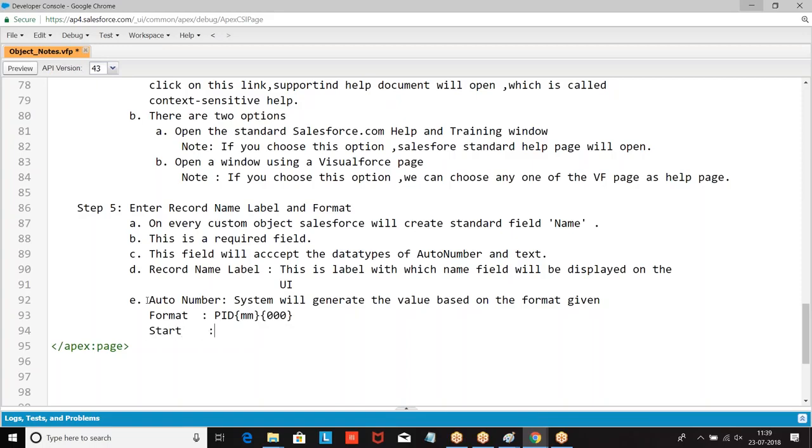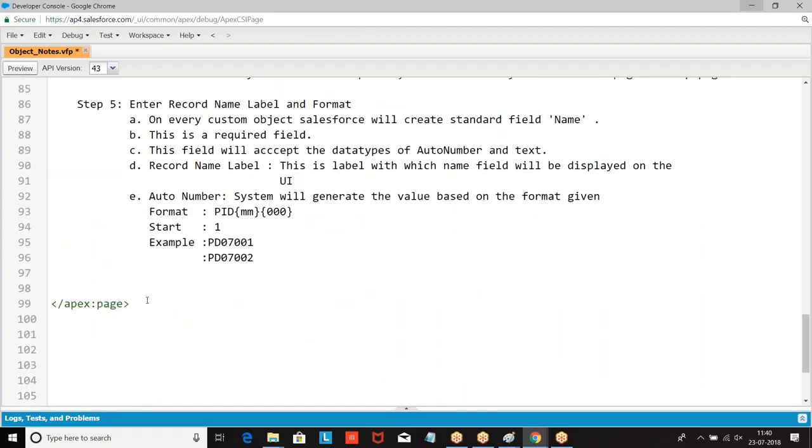Start. Then I've taken one more example.